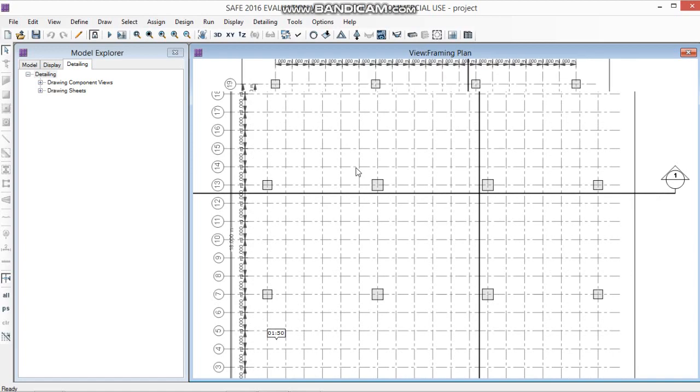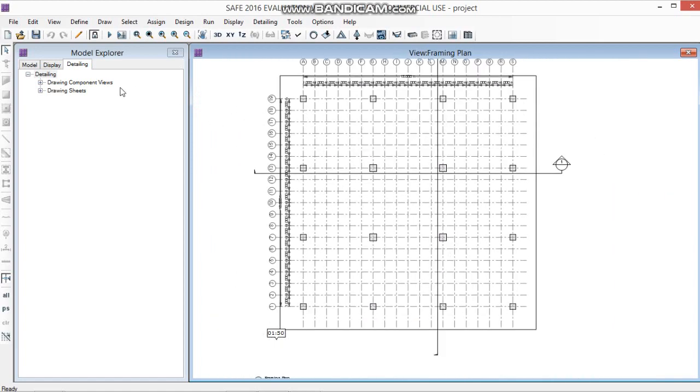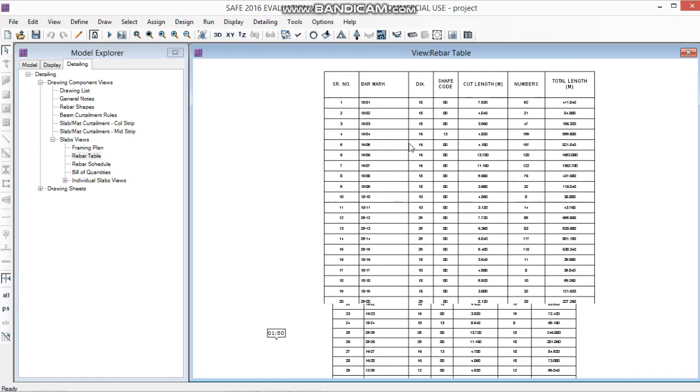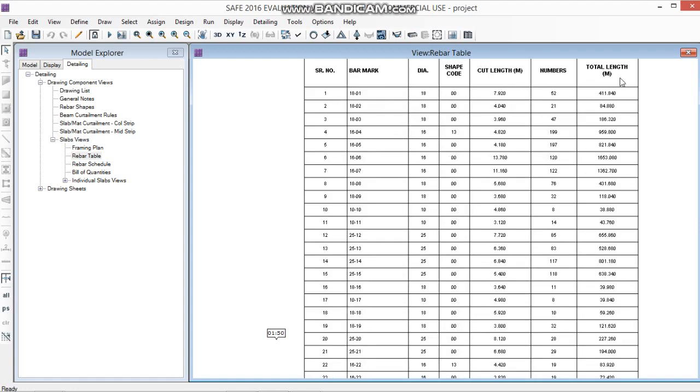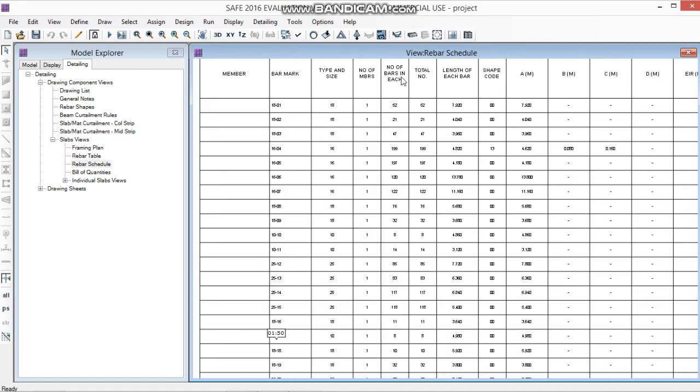So for detailing values, you just have to run detailing. Click on run detailing. Mark all the three values and run the detailing. You can see the slab reinforcement detailing over here. Zoom it and wait for SAFE 2016 to respond. Okay, so here you can see all the reinforcement detailing.